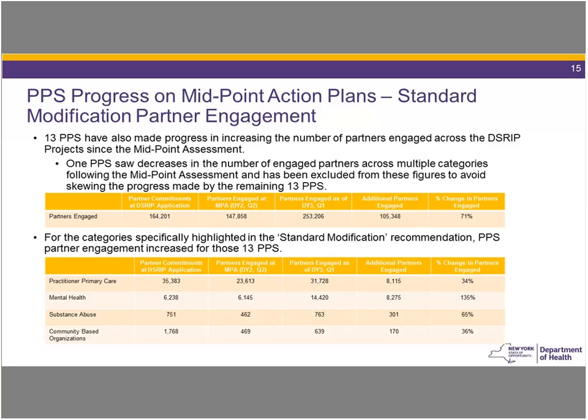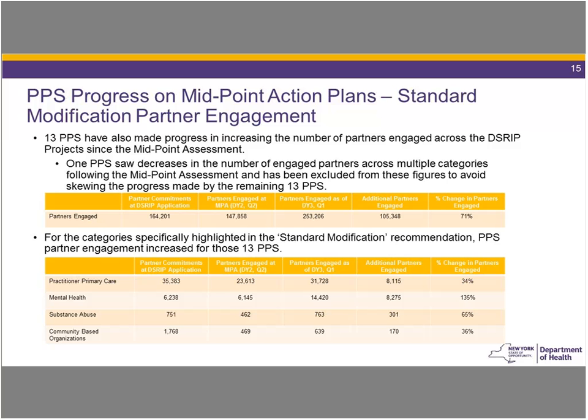164,000 partners that the PPS committed to engage in their application. When we were together from midpoint, they had engaged just over 147,000 partners. That number has since gone up to 253,000 partners engaged, or a 71% increase in partner engagement across all categories. When we dig into those 4 categories that were highlighted as part of the standard modification, we again